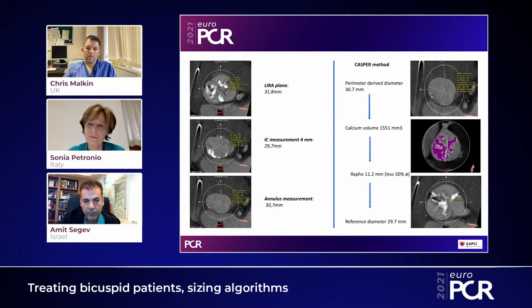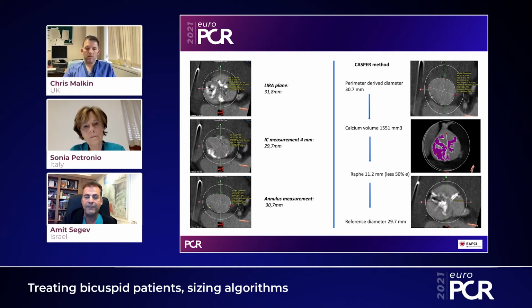Yes, Sonia, thank you very much. This is really a great example of a specific bicuspid anatomy. Besides the cross-sectional assessment of the morphology of the valve, as shown by Chris, in these cases it is crucial to assess the longitudinal measurements, meaning that there are certain morphological assessments that you have to measure by CT. In one third of the patients, the anatomy is tubular, as in tricuspid valve, but in the majority of the cases, you have two certain appearances of a bicuspid valve, and the most important and most common one is